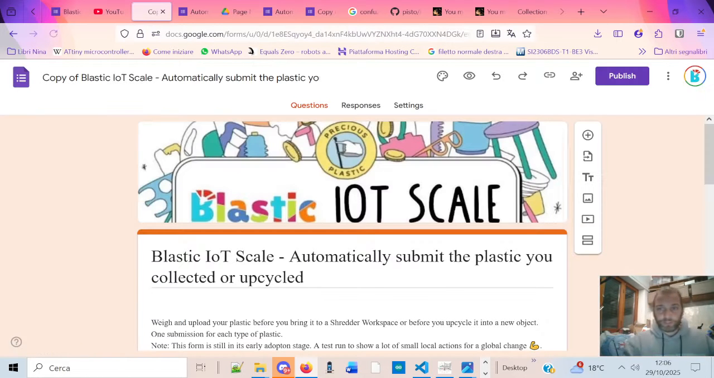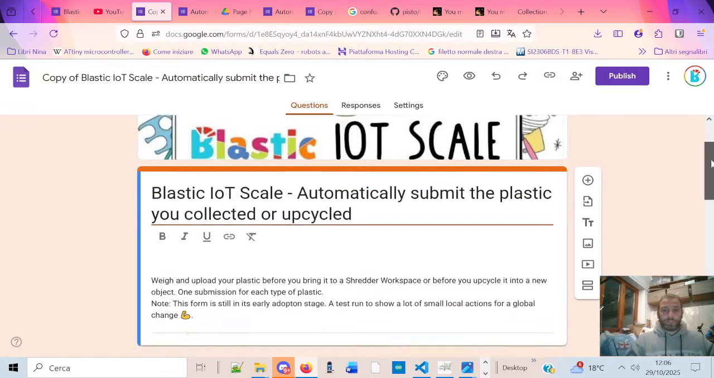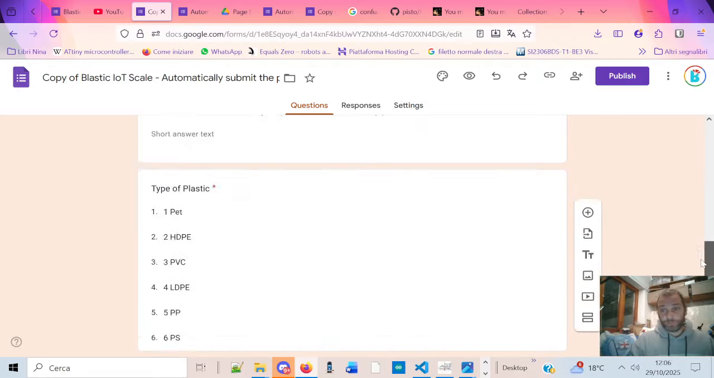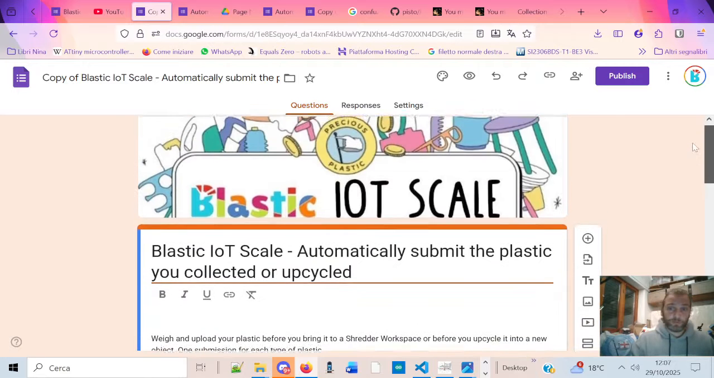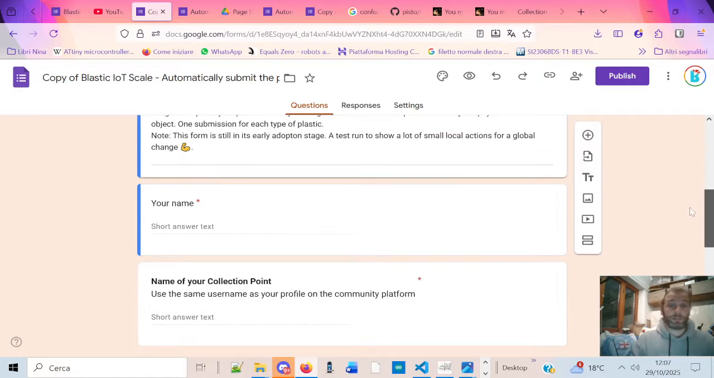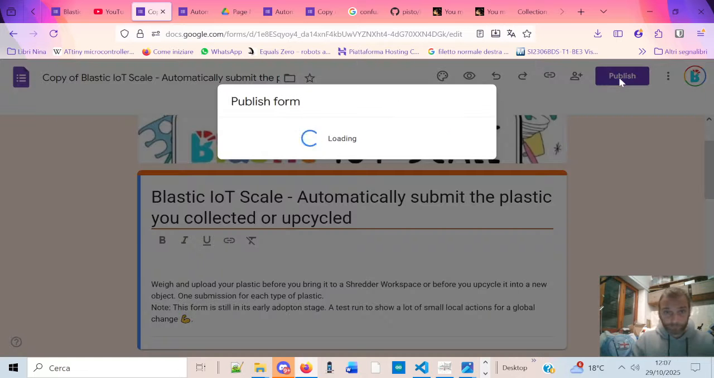and shortly you will have this page that lets you also change the questions. I suggest you leave this as it is and click publish. On the upper right there is a purple button. When you have published that,